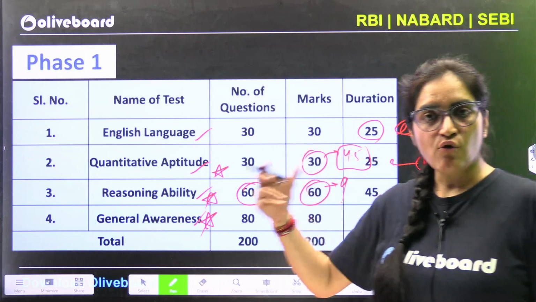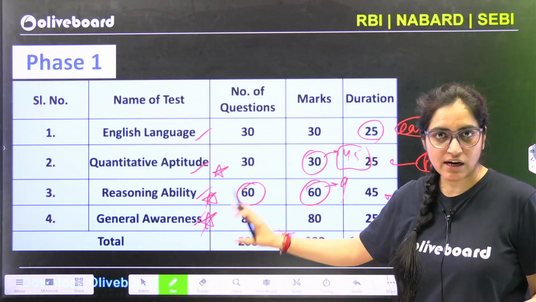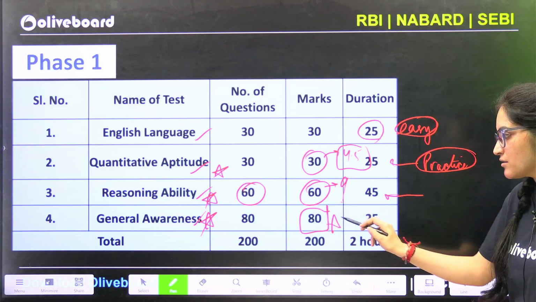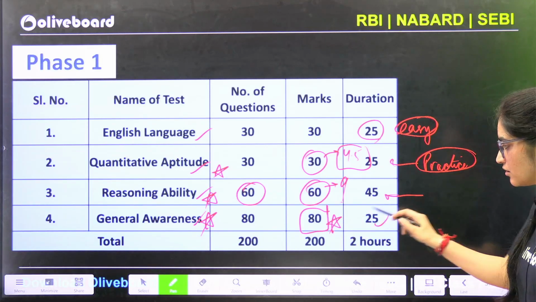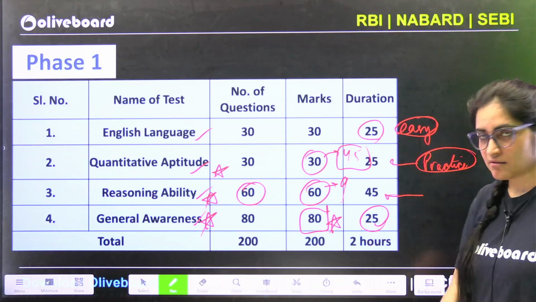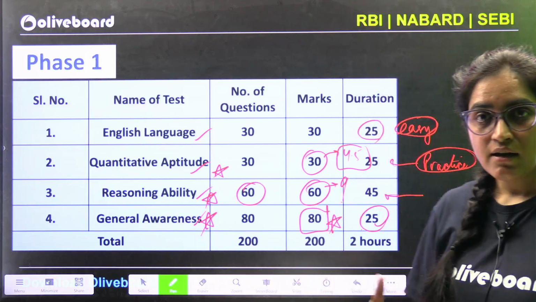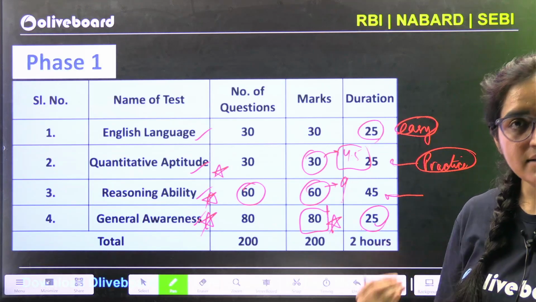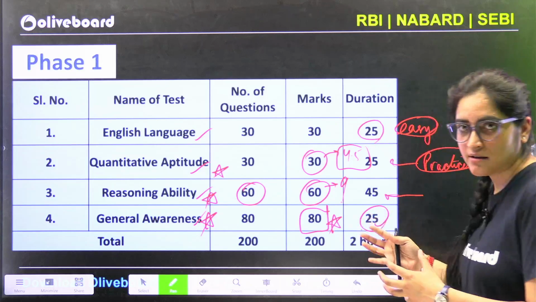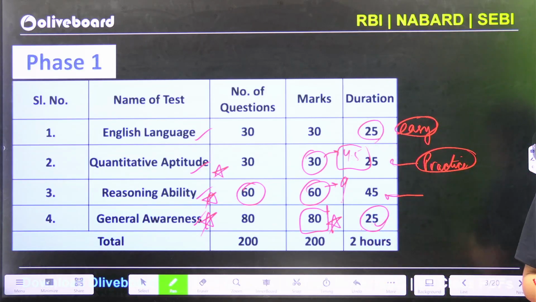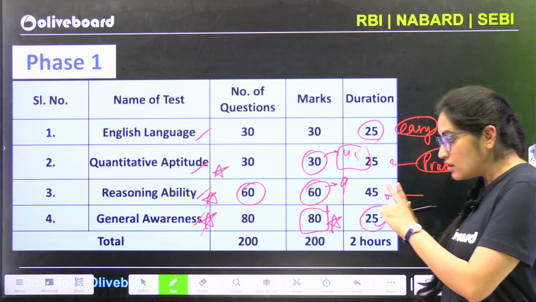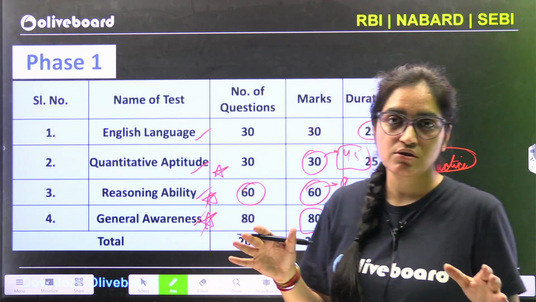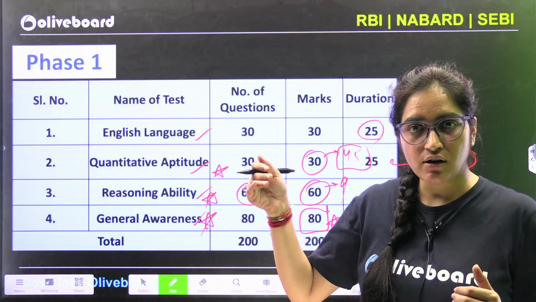If you are weak in these 2 segments, Quant or Reasoning, so guys, focus करो तीसरे segment पे, that is your GA portion. GA portion holds the maximum marks, 80 marks, and you are given 25 minutes. Problem lies here. Single sentence based questions were being asked last year. Paper थोड़ा सा lengthy था. If you are not practicing, you will not be able to attempt the paper completely.